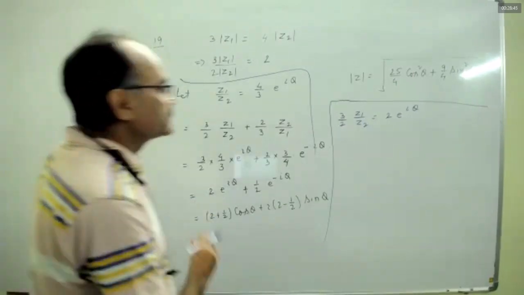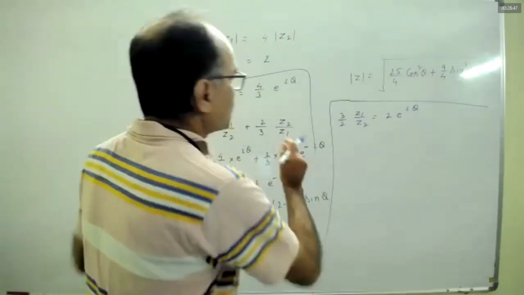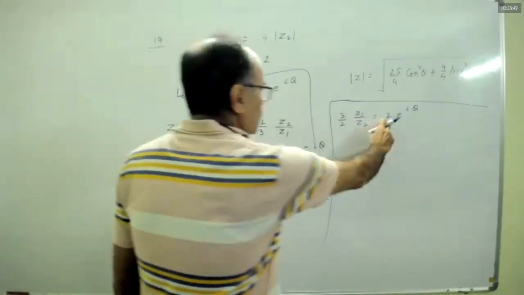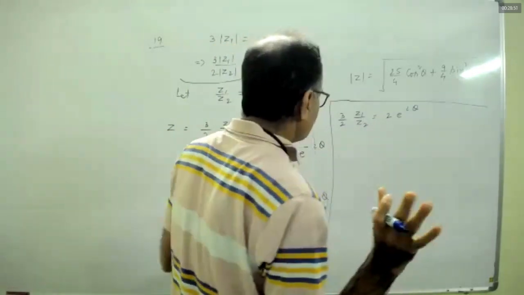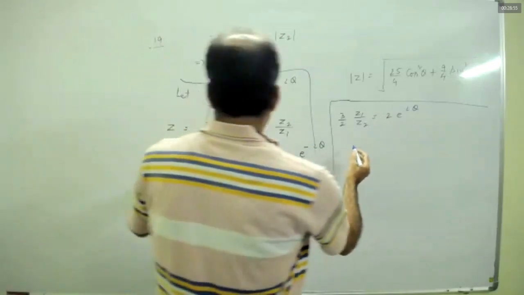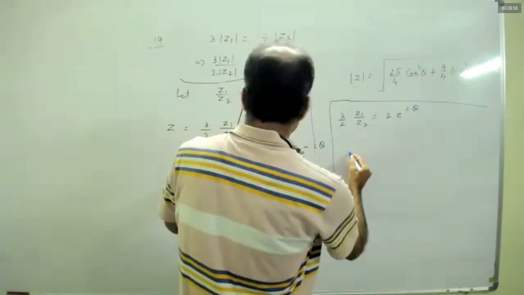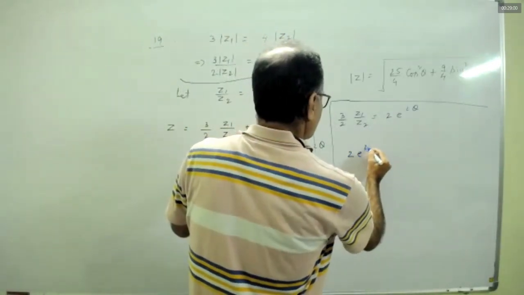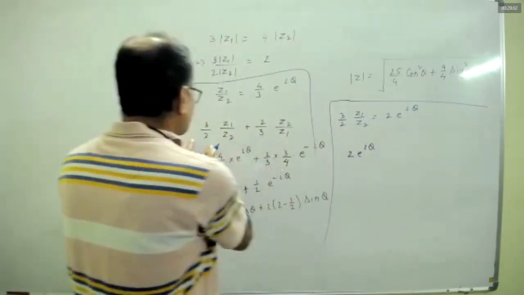Not getting. Just 1 minute. Let me do by this way. I think as he said, we will get the same answer. So this is 2 into e to the power i theta. 3 by 2 Z1 by Z2